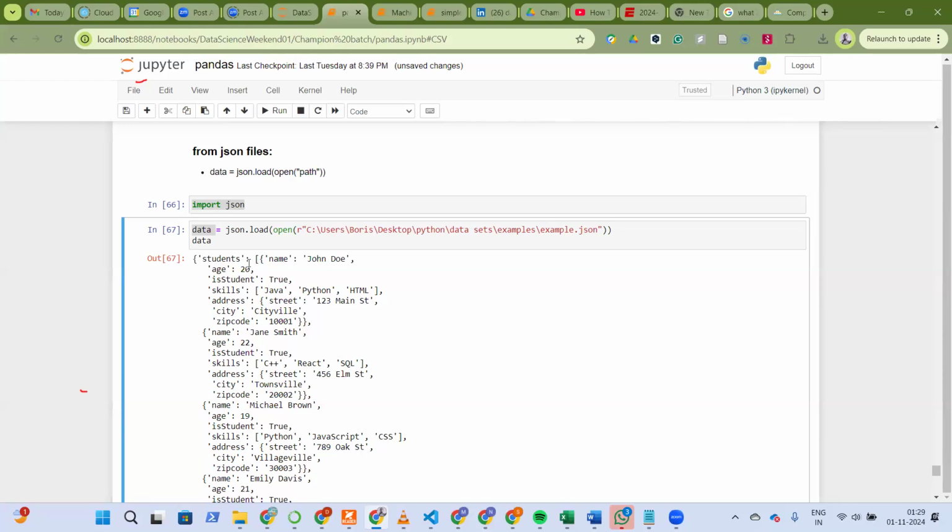What I can do is, this returns a list. The value of this is a list, and that list has a dictionary. And even if I were supposed to pick this thing as a list and wrap it up,